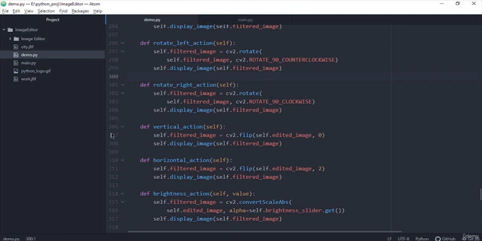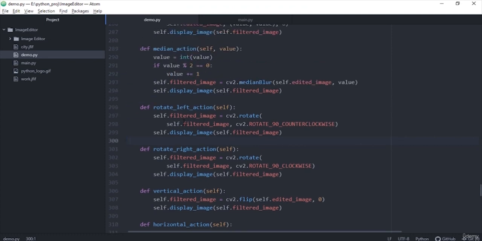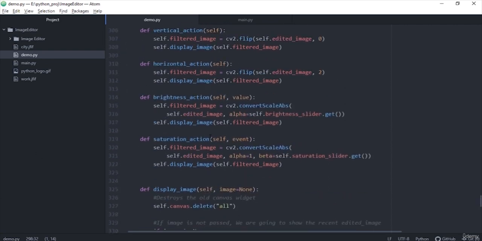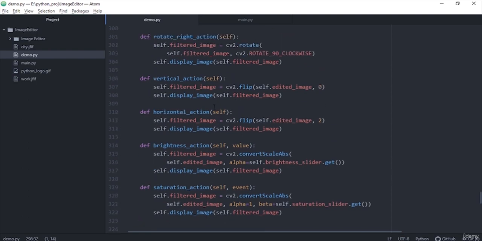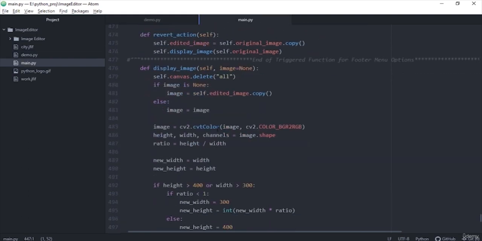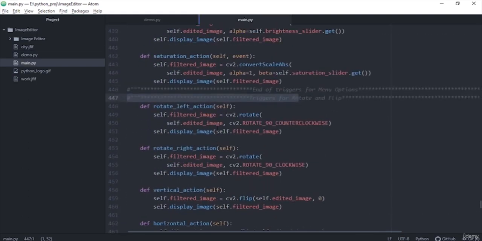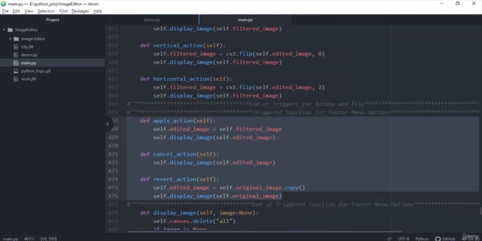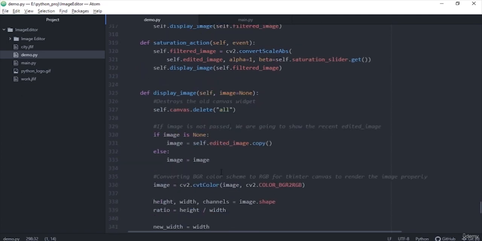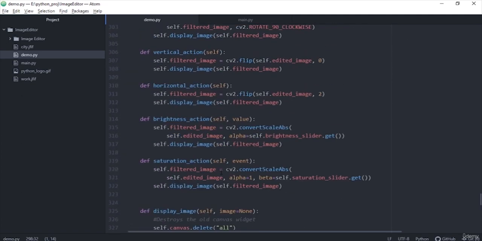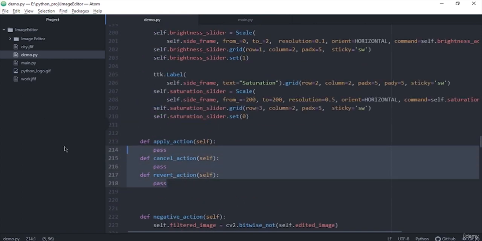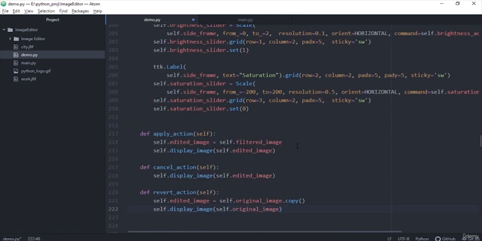So for me to have the instantaneous results, I change the filtered image. So yeah. Okay, now let's quickly implement the apply actions. So this is the one. Where did it go? Okay, so what we are going to do is,